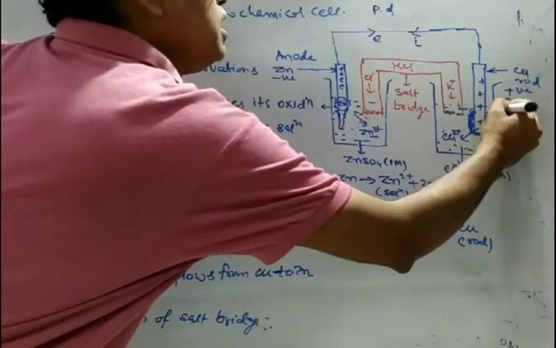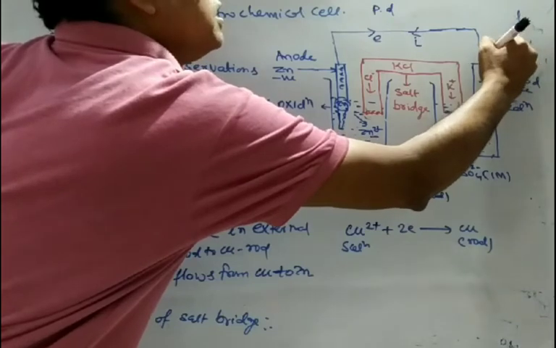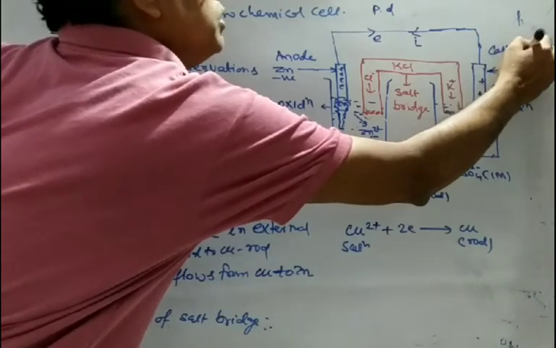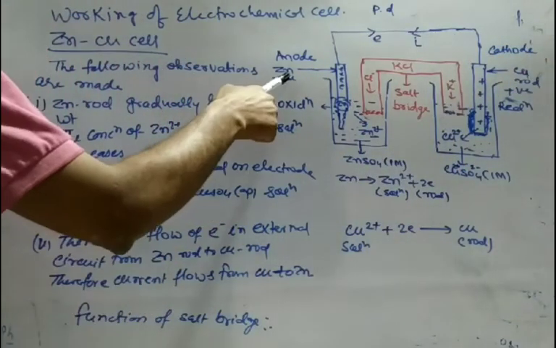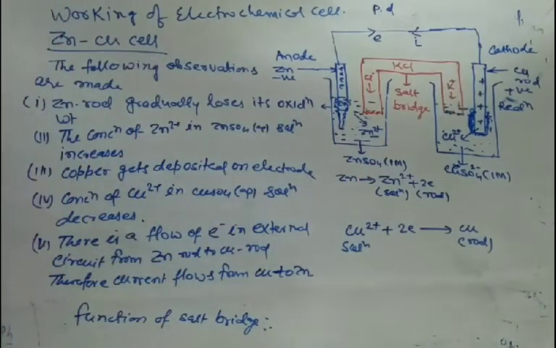And this is the reduction compartment, and this electrode is known as cathode. So in an electrochemical cell, the zinc electrode is called anode and the copper electrode is called cathode. So what we observe